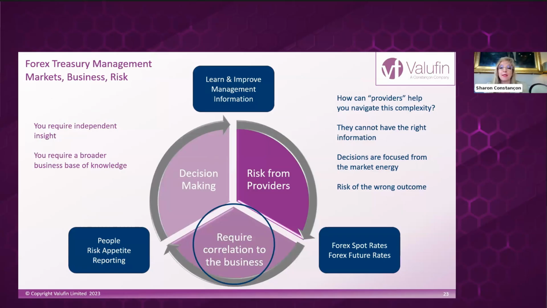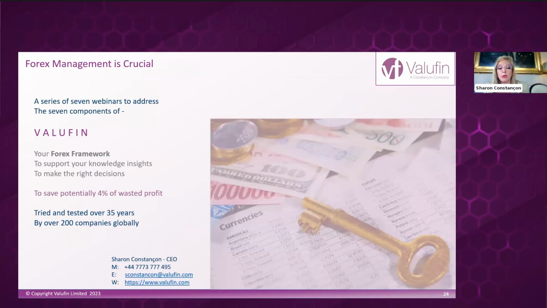But what we are making sure of is that the human element that we are dealing with all the time is allowing us to assess our business, understand how Forex is operating within our company so that we can make the best commercial business decisions on our product that we're selling or buying, and that therefore we are maximizing our gross profit and ultimately our net profit by being efficient in what we're doing. So many processes we know are not as efficient as they should be in organizations, and the process leads rather than doing the right thing leads.